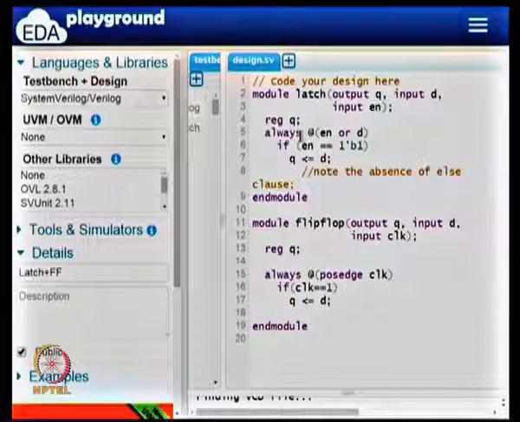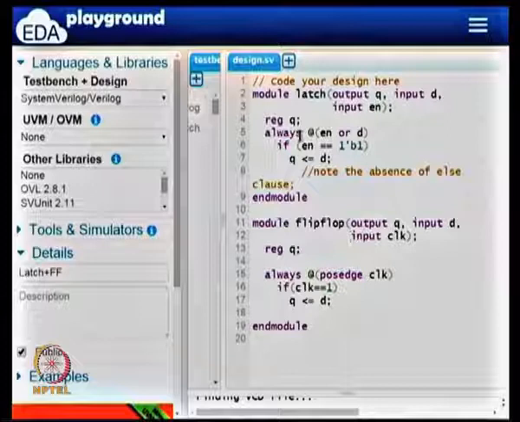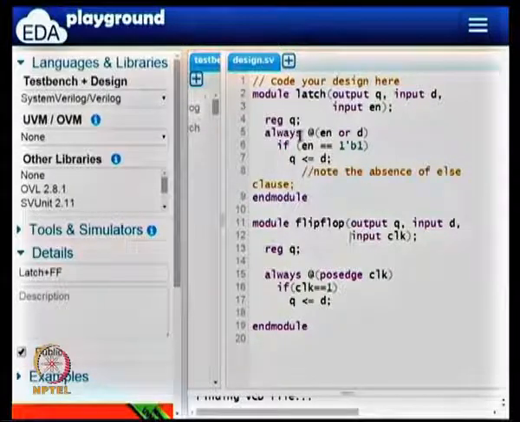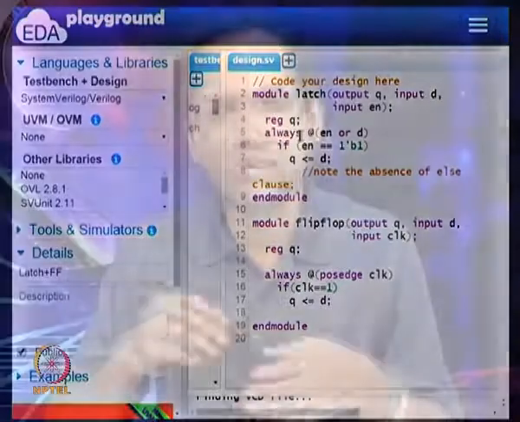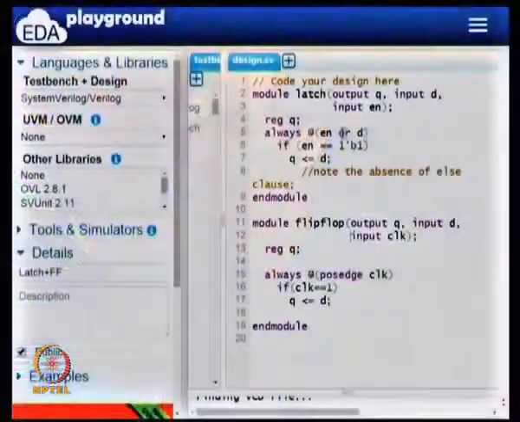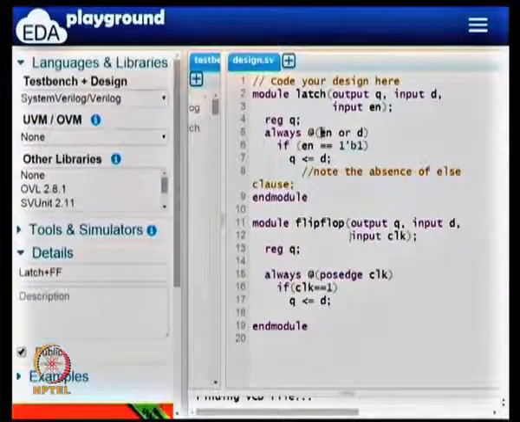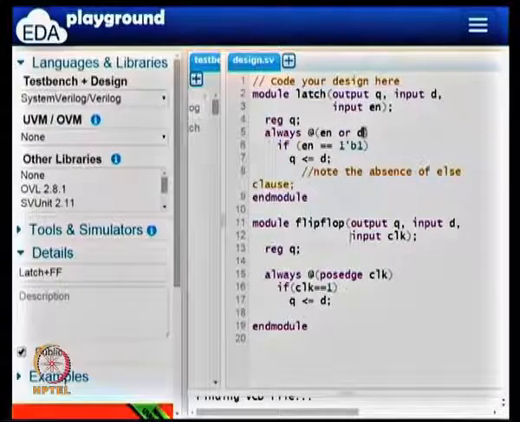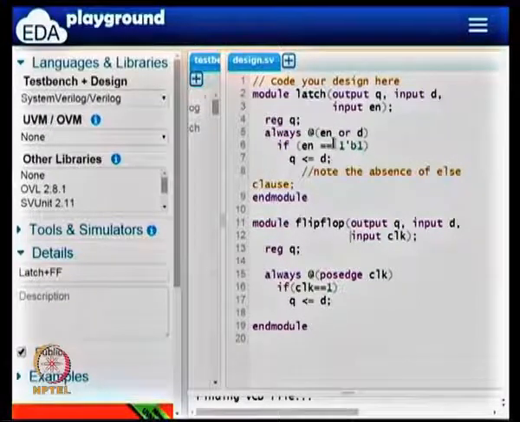This always, so the latch has 2 signals, right? There is an enable signal and there is a D signal, and both these signals are actually what are called triggering signals, because change in any one of those can result in a change in the output. So both enable and D are triggering signals, so we put both in the sensitivity list. So both the inputs enable and D come in the sensitivity list, and what do we want now? If enable is 1, then Q should follow D, right. So we have that here.